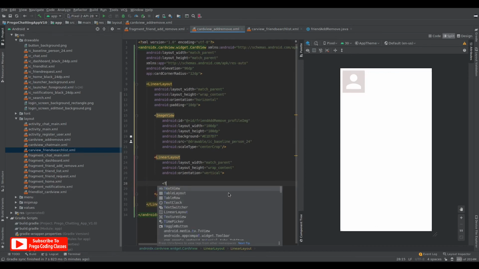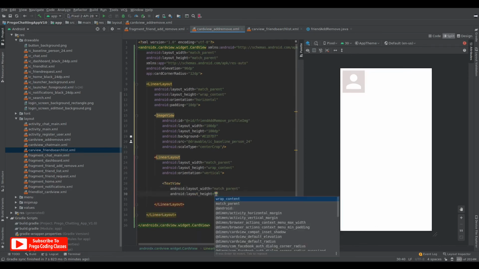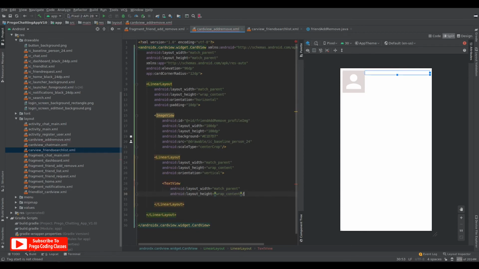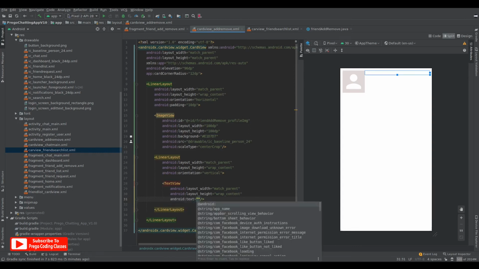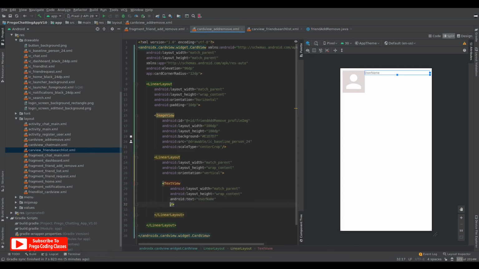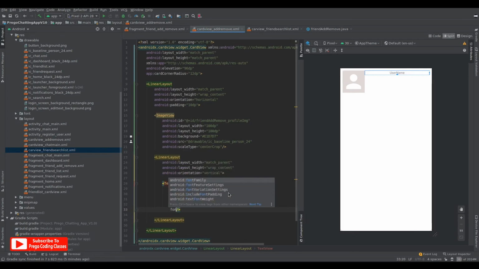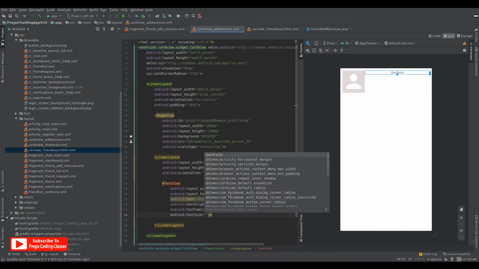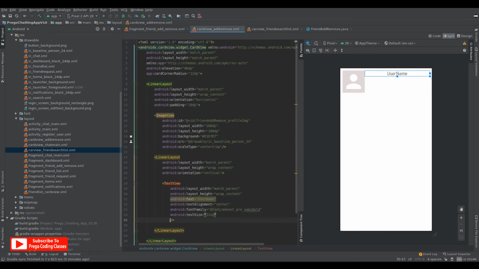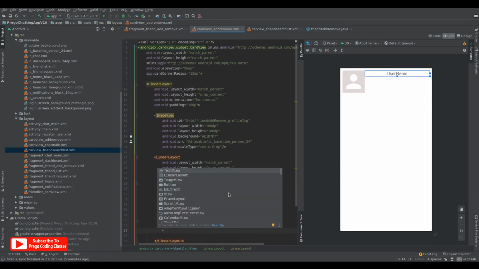Over here we'll need a text view of match parent and wrap content. Let's close it and give it a sample text of username, align it to center, and give it a font family of semi-bold, text size of 22 sp, and style to bold. And underneath we need two buttons. So button,